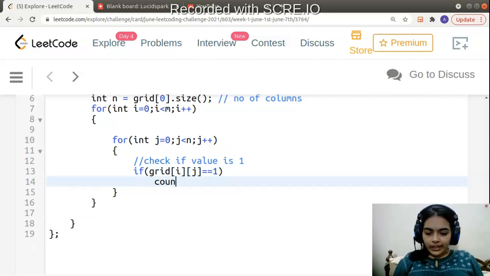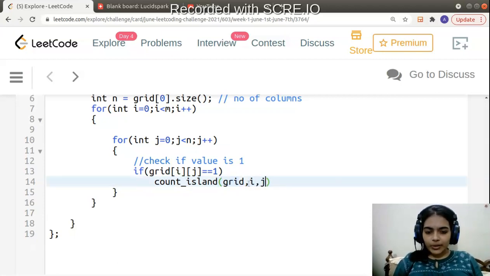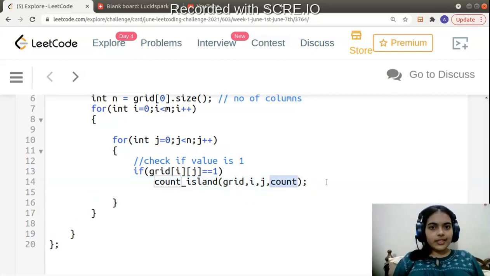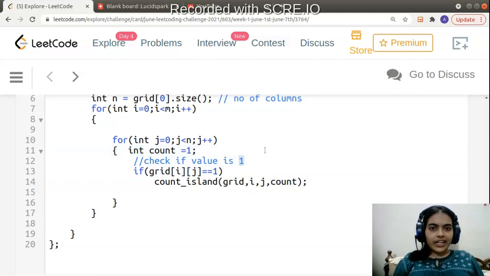You have to basically, let's say, count the island cluster. And how do you count that? So this is a function that I will declare below. First you pass grid as the parameter, then you pass i, then you pass j as the parameter, and we will also pass a variable count. We are going to count the cluster size or the area. So how do you do that? First we will make count as 1, because if its value is 1, we have at least one size, right? That own cell. So grid[i][j] is having value 1. So its count has to be 1 minimum.